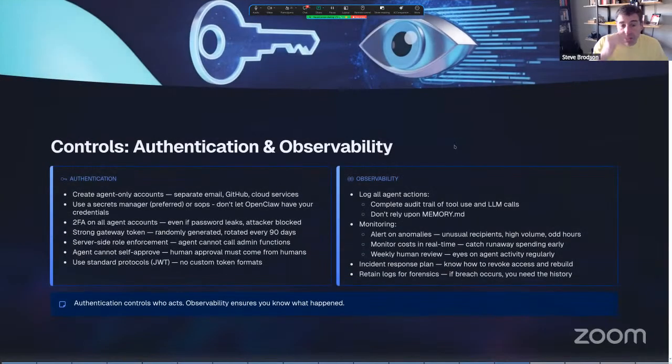And then the third piece is authentication and observability. So by authentication, there's some real best practices. First of all, by its nature, OpenClaw does not have any authentication. So I don't have to authenticate to OpenClaw to use him. And that's one of the reasons why you want to really be careful and keep him isolated.